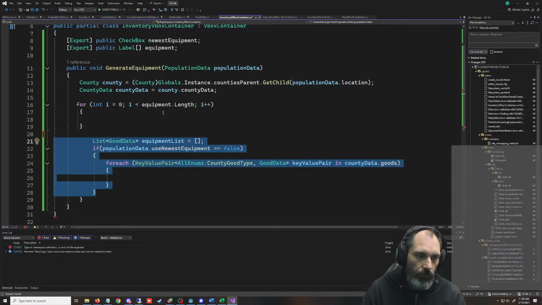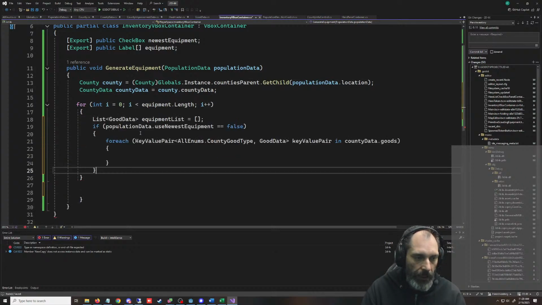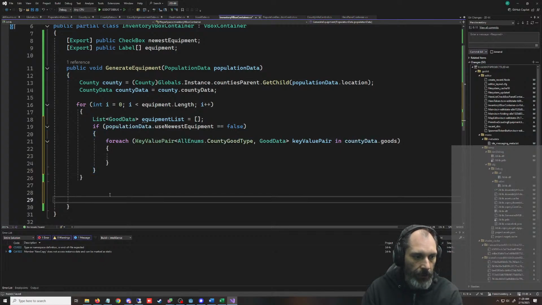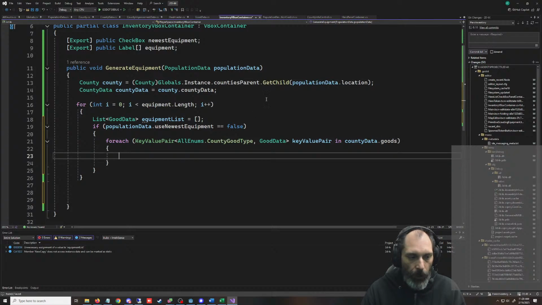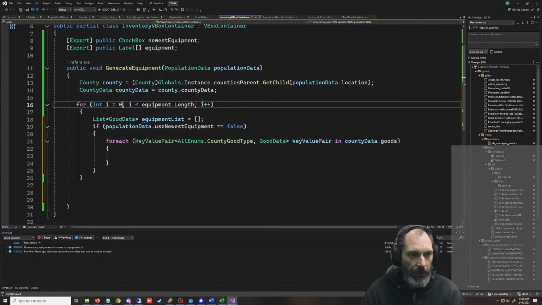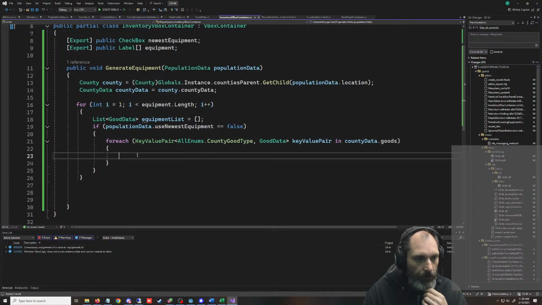Yeah, so it's going to go through each label, and for each label it's going to loop through all of the goods. We can actually make it start on 1, so we can skip the first label because that's the none label. We don't care about that. And because they match up is my idea here.